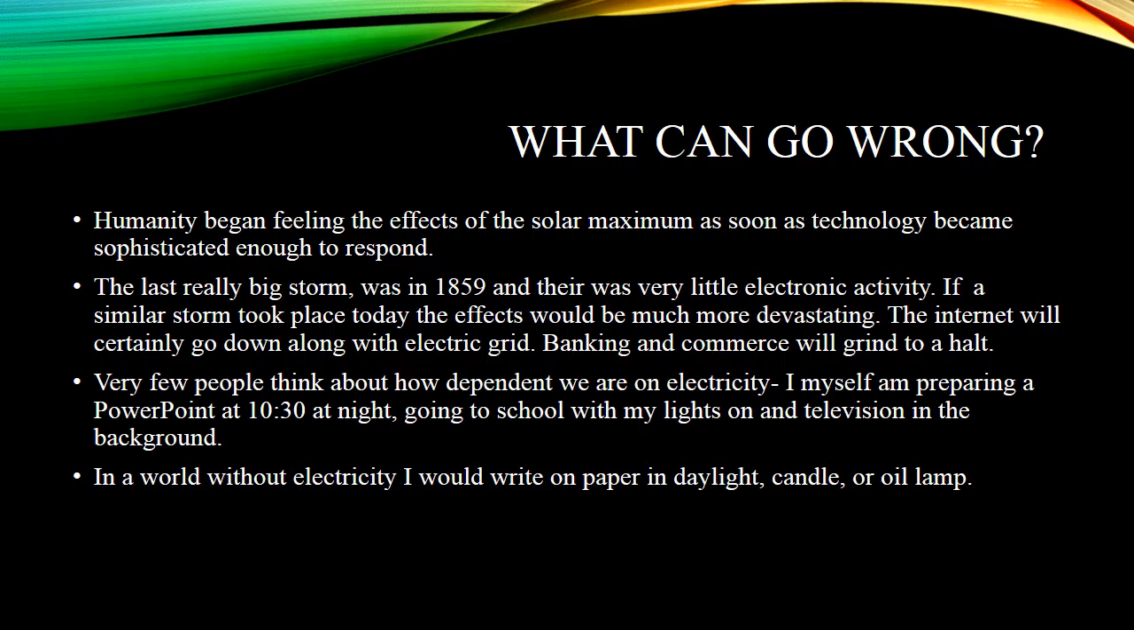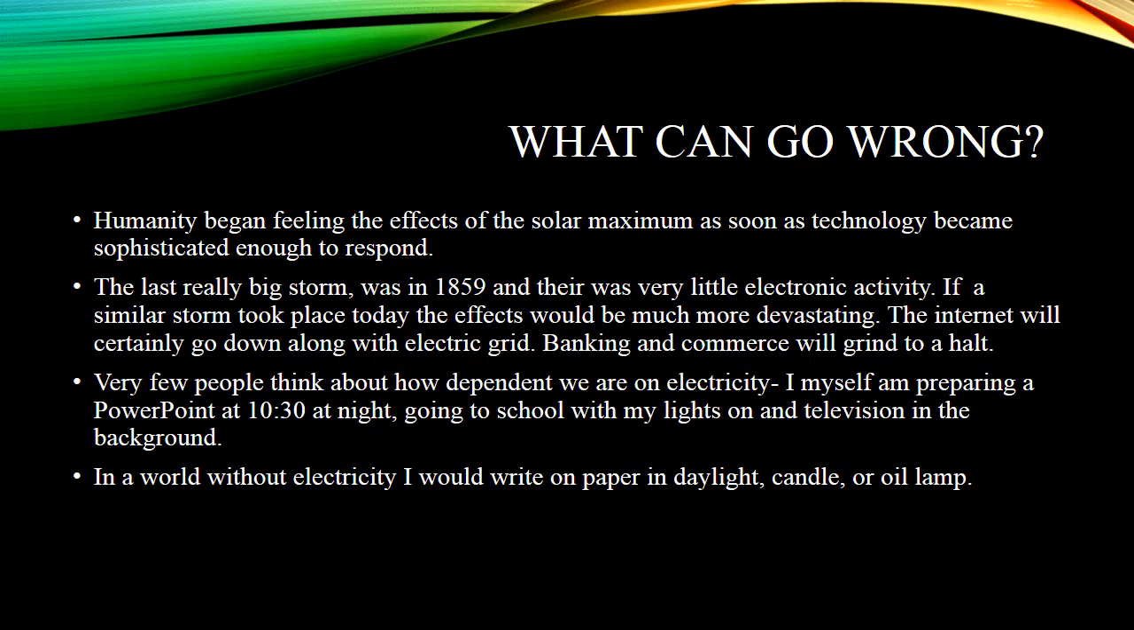What can go wrong during a solar storm? Humanity began feeling the effects of the solar maximum as soon as technology became sophisticated enough to respond. The last really big storm was in 1859, and there was very little electronic activity. If a similar storm took place today, the effects would be much more dramatic as well as devastating. The internet will certainly go down along with the electric grid. Banking and commerce will grind to an immediate halt, and very few people even think about how dependent we are